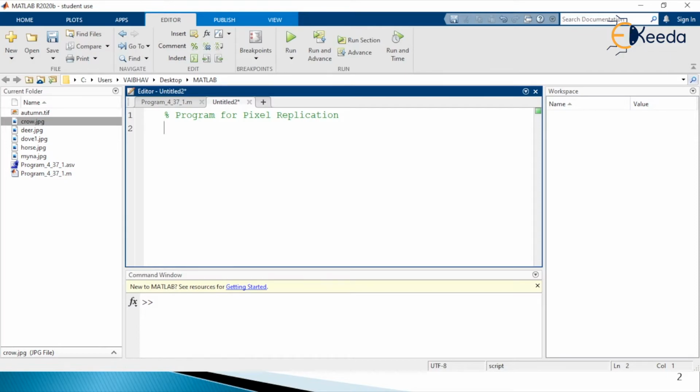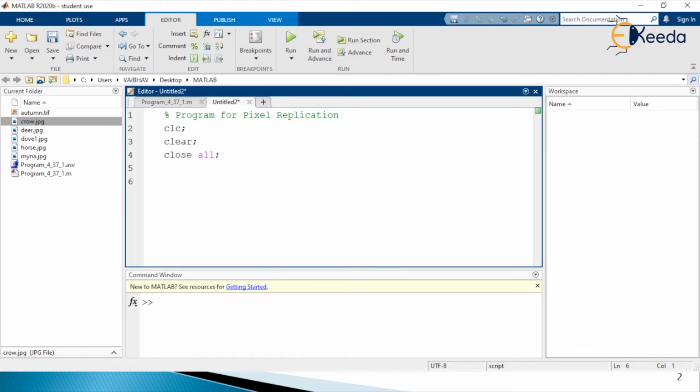It will be having a fraction after the decimal point here. So first of all, for the fresh execution of the program, CLC, then clear, then close all here. So now I will demonstrate to you the pixel replication. See, in the MATLAB environment, whatever signal we generate, that we treat to be a matrix here. And of course, a matrix is a two-dimensional information that we have represented in the same form here, whereas an image also we can consider to be a matrix here.